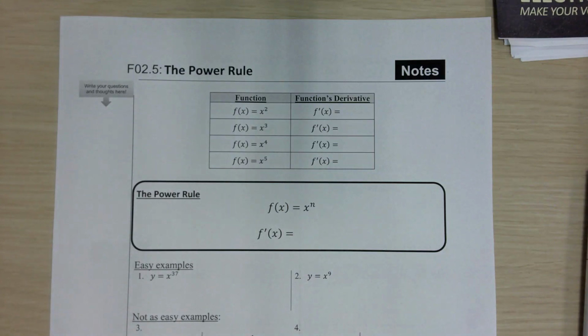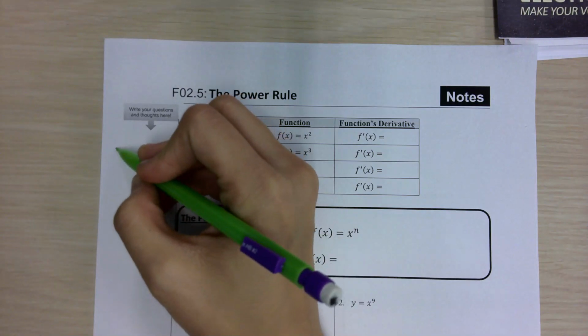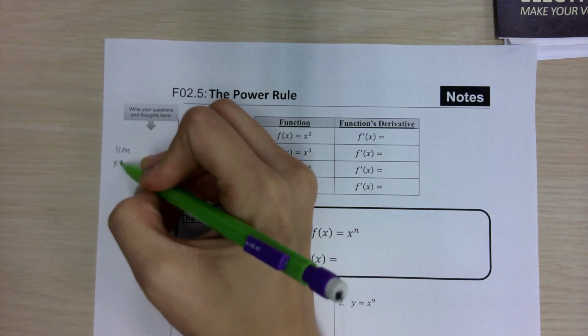Okay, today we're going to do the power rule. The power rule is one of the most important things in calculus. It's something that a lot of people will remember if they've taken calculus because it's really important and we use it a lot. So there's a definition of a limit where we have the limit as x approaches 0 of